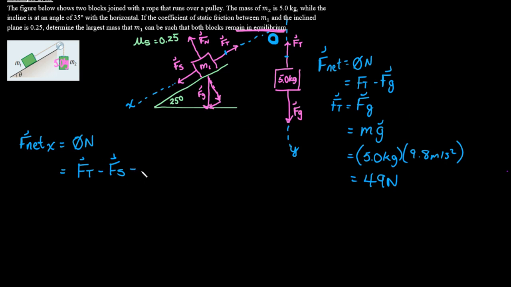Right? So we also have to subtract the force of gravity that acts on the object in the x direction. So what that means is the force of tension has to counteract both of these forces. So it has to counteract that static friction plus the force of gravity in the x direction. The force of static friction is mu s times that force of normal, the coefficient of static friction times the